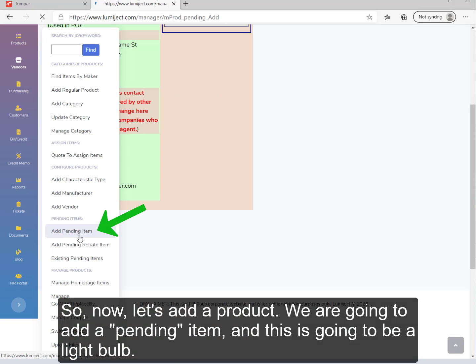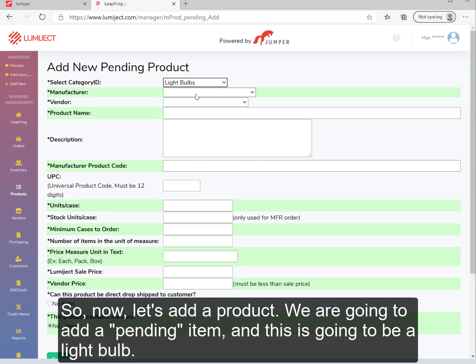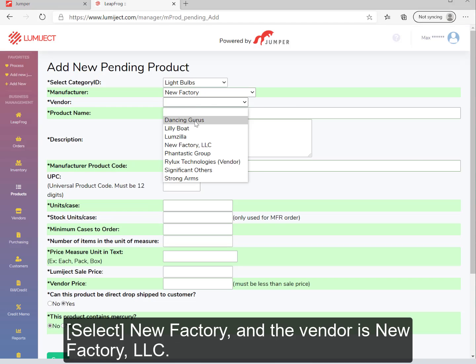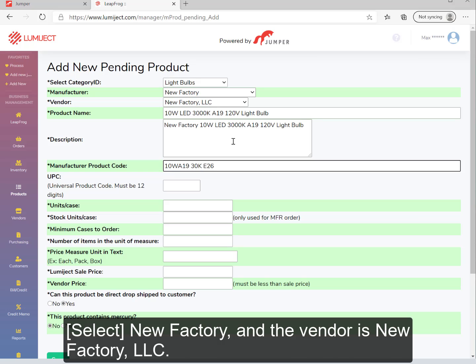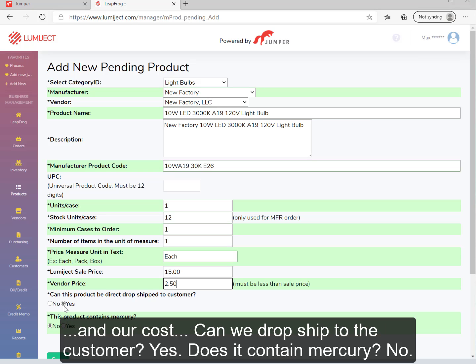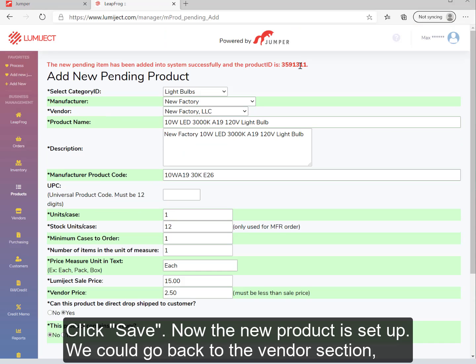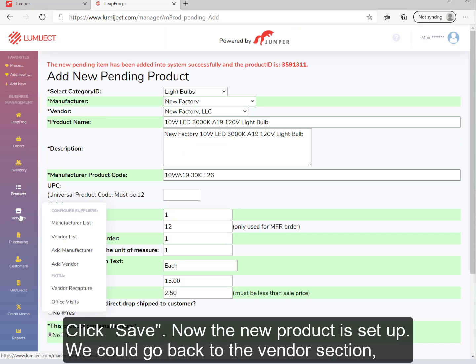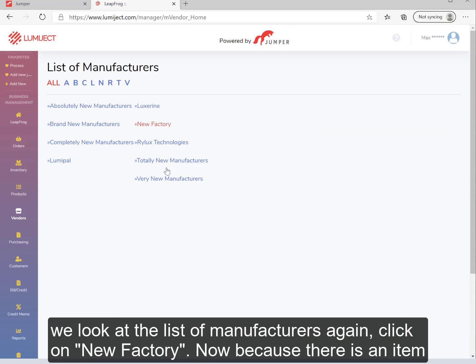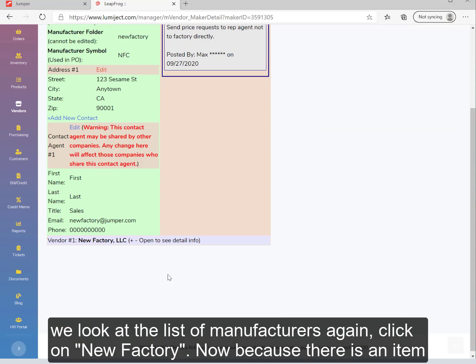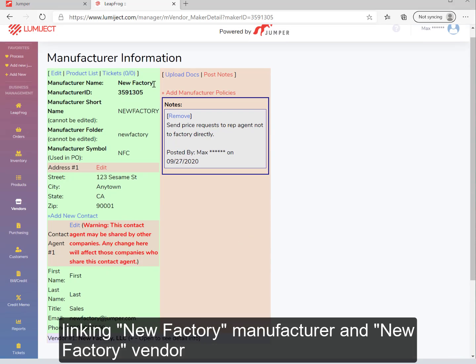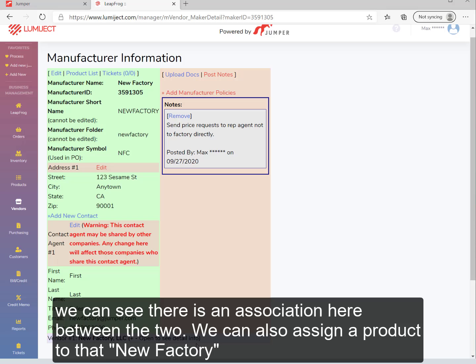We're going to add a pending item, and this is going to be a light bulb, New Factory, and the vendor is New Factory LLC. And our cost. Can it be drop shipped to the customer? Yes. Does it contain mercury? No. Save. Now the new product is set up. If we go back to the vendor section and we look at the list of manufacturers again, click on New Factory. Now because there's an item linking New Factory manufacturer and New Factory vendor, we see there's an association here